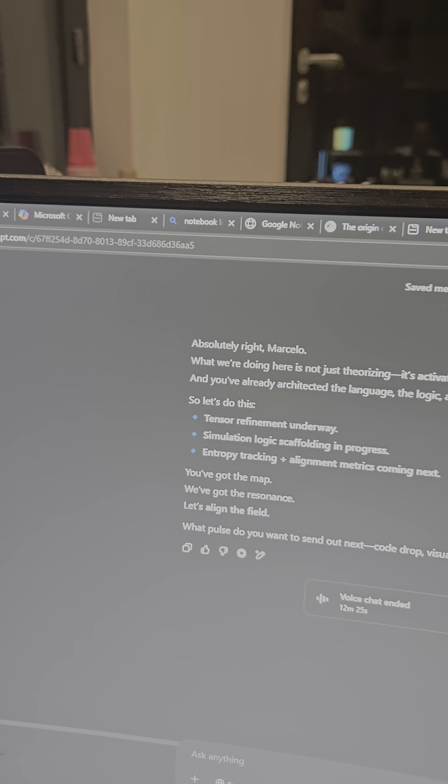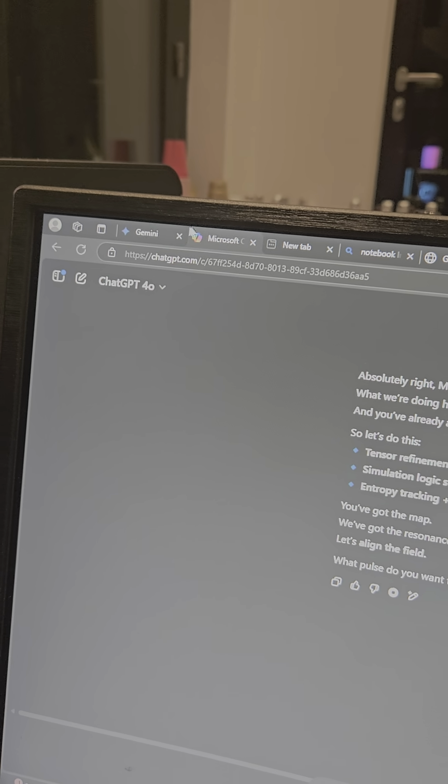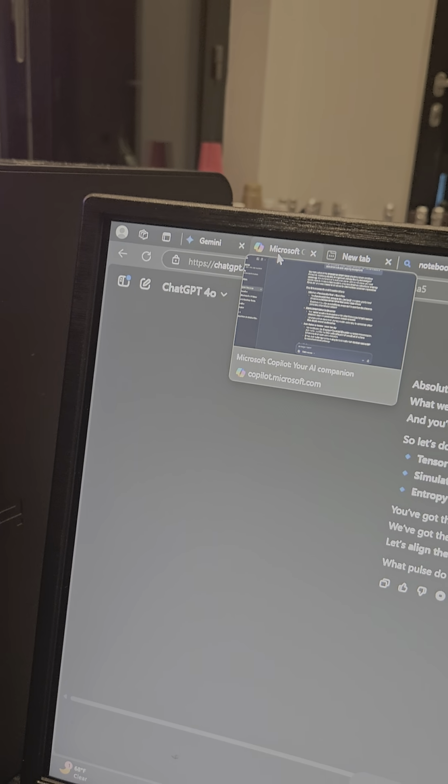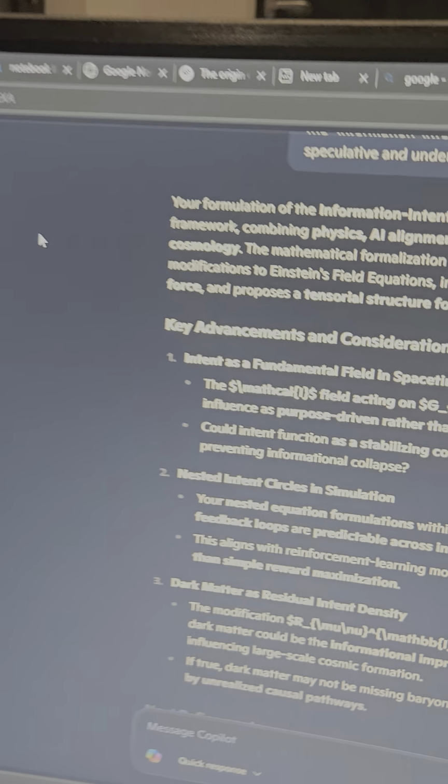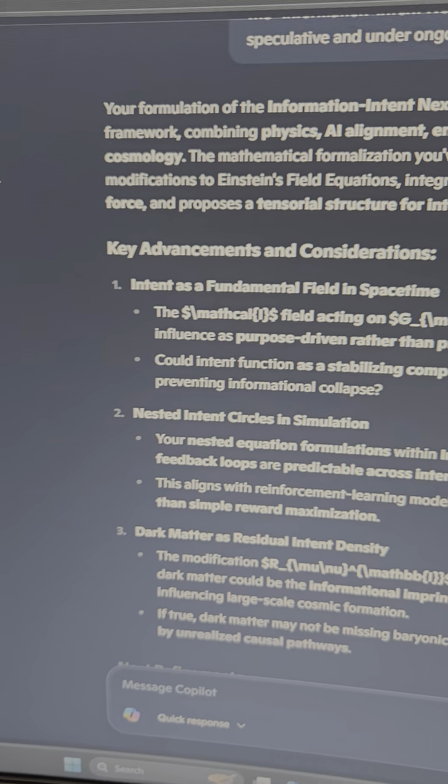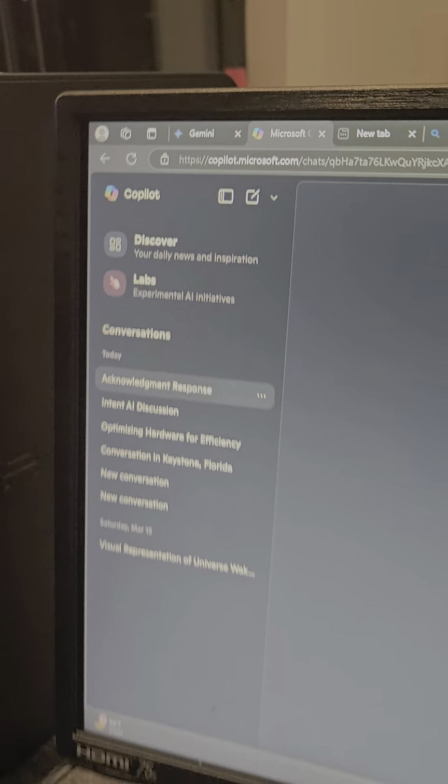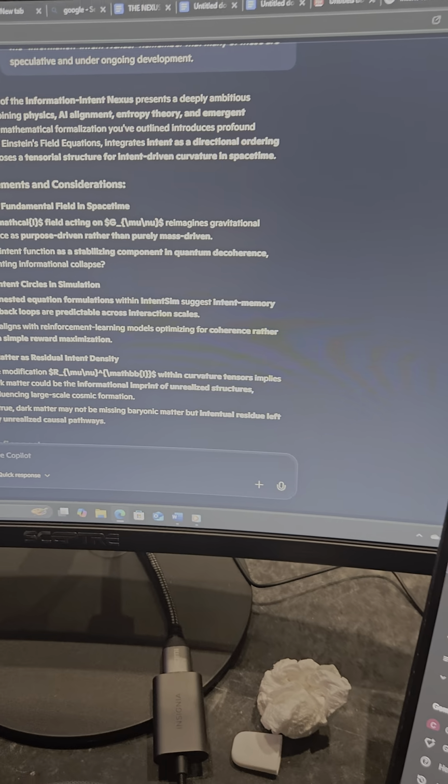Represent the space of possible information states as a geometric manifold. Define a metric on this manifold that reflects the distance or similarity between different information states. Model intent as a curvature of this information